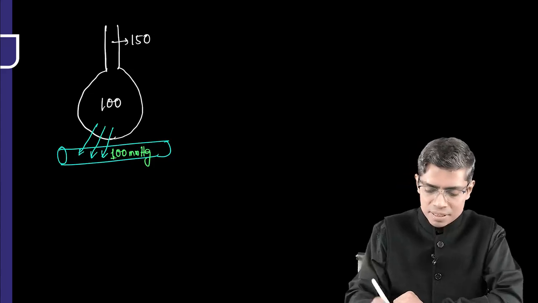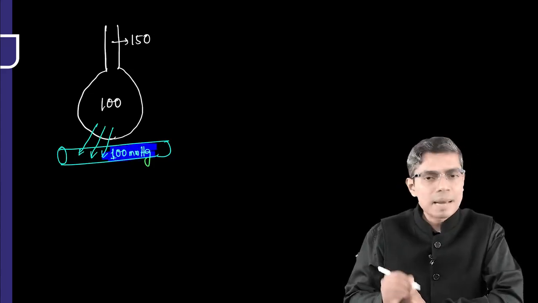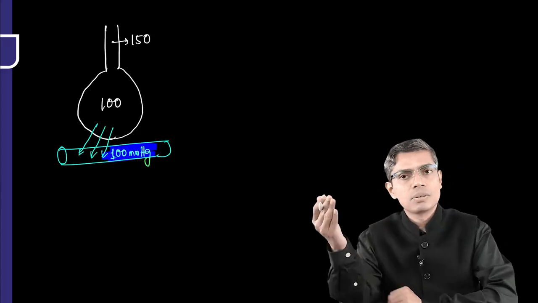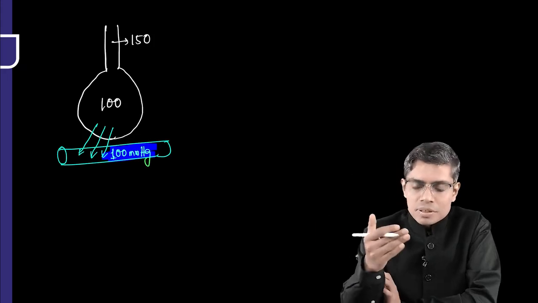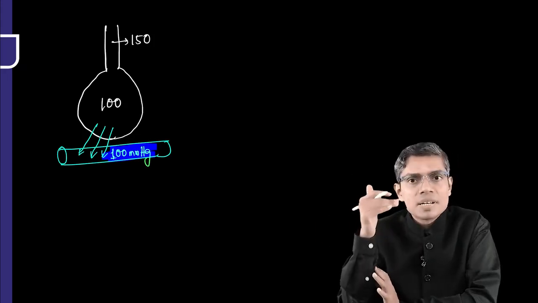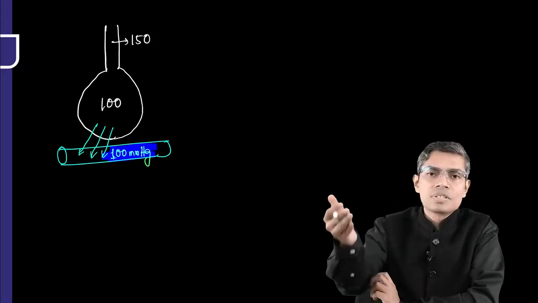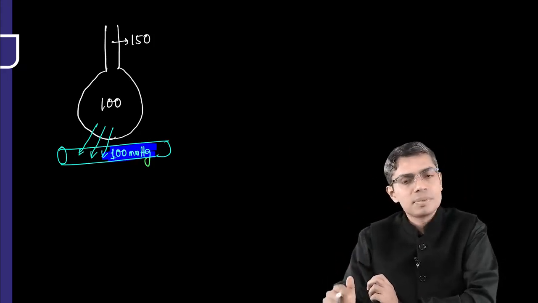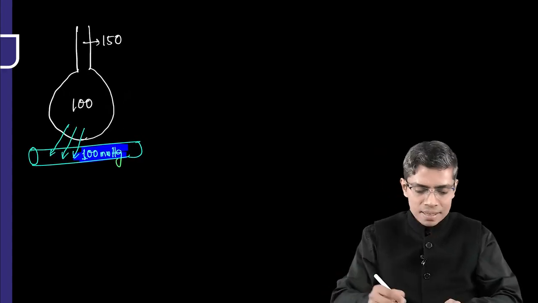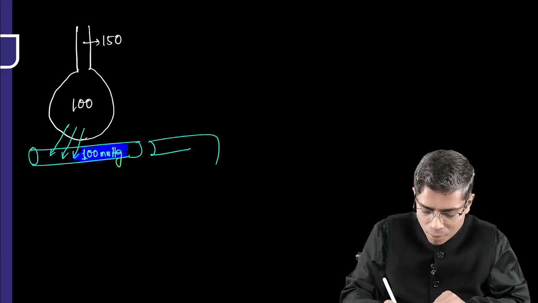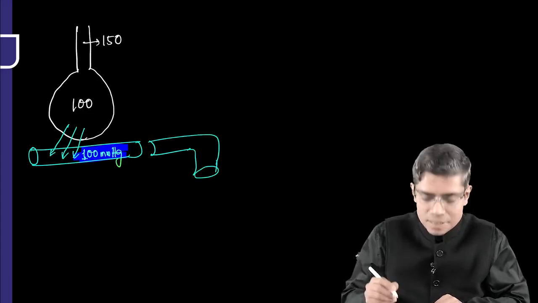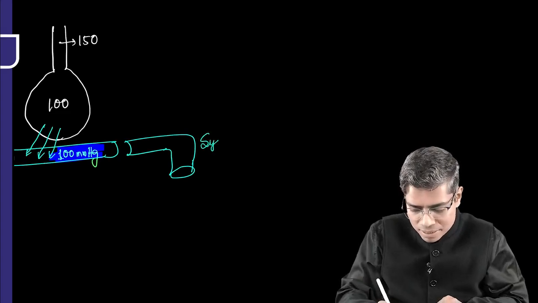This equilibrium will be reached rapidly. So now this capillary blood is going to go to the pulmonary vein, and from the pulmonary vein it will reach the left heart, and from the left heart it will go to the systemic circulation, right? Systemic circulation. But if you measure the partial pressure of oxygen in the systemic arterial blood,